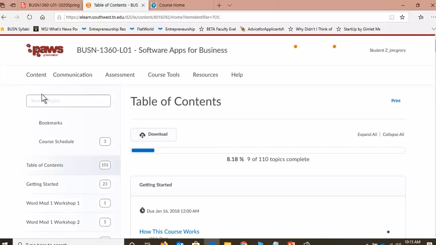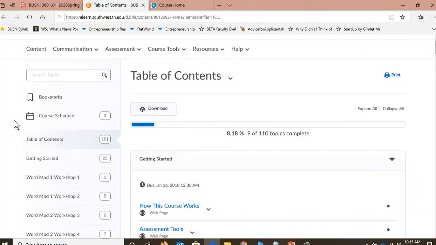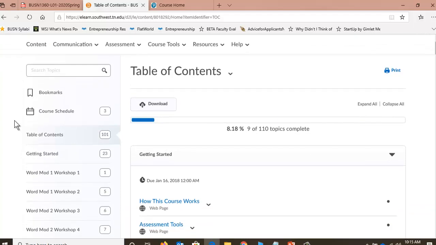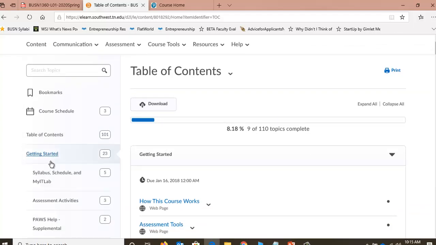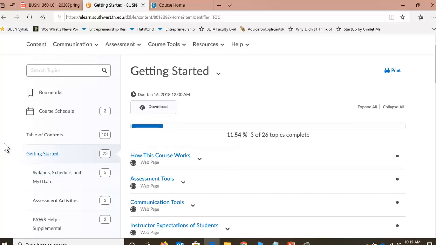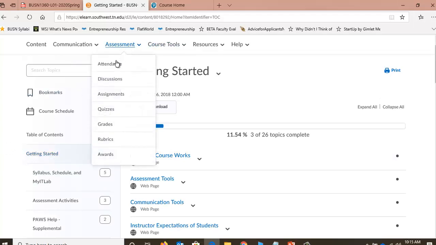Remember the table of contents? Goodness, so slow today, our pause system. Okay. There it goes. It's always so slow when I'm trying to do this. Okay, so you could go back to your syllabus, which is under Getting Started, and you could review your syllabus. Also, we've talked about this a lot in previous videos. You could go to Assessment, go down to Grades,